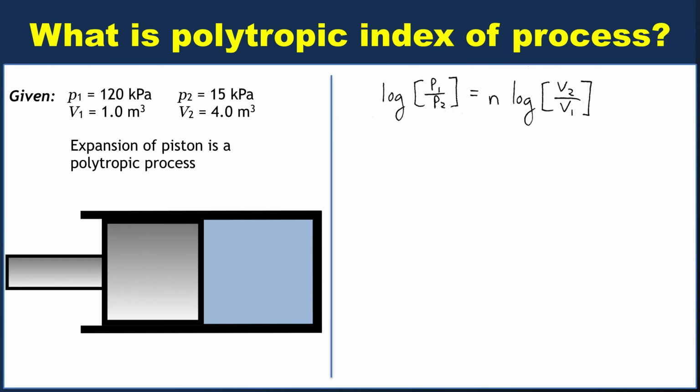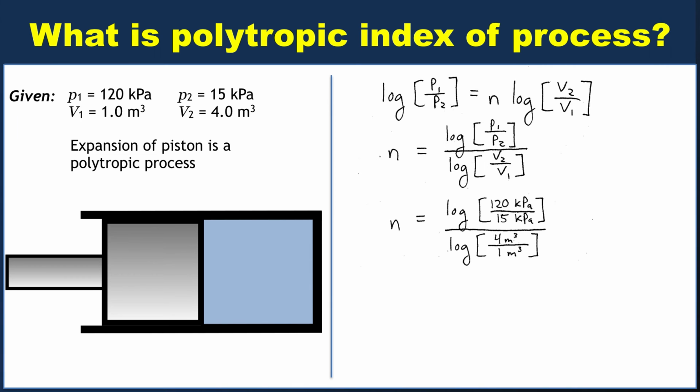So we do so, and n is going to turn out to be the ratio of the logs of the pressure ratio to the volume ratio. Now you need to make sure that you track your indices carefully, because in one case it's p1 over p2, in the denominator it's v2 over v1. Put in the values, and sure enough we get a pretty clean number, n = 1.5. So the index of this process is 1.5,